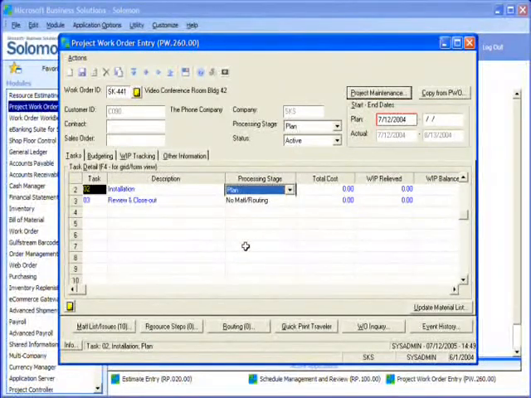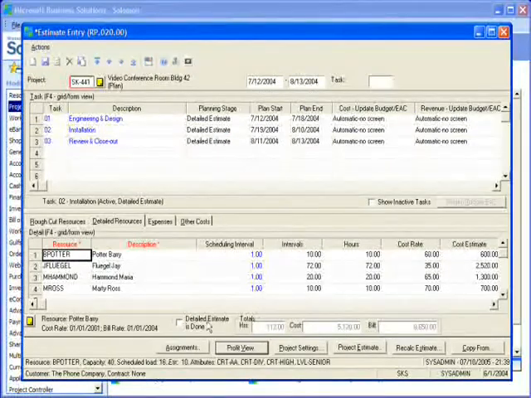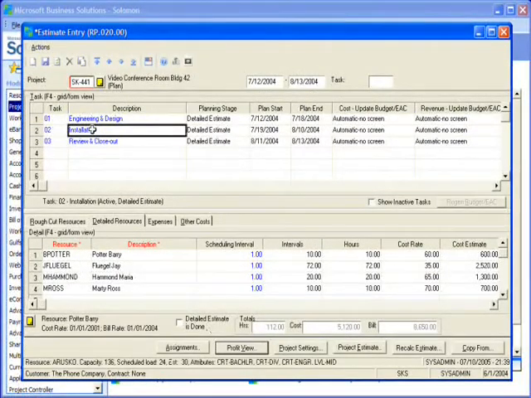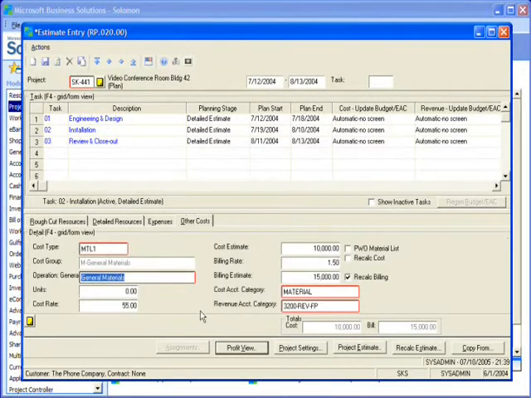Let's go back to estimate entry because I want you to see the rest of the story here. I'll close Project Work Order. We'll bring the estimate entry back up. And now on the installation task, when we went down here to other costs, I'm going to switch the materials here to form view, and we can see that you had estimated this $10,000 came in as a copy from SK440. You had apparently estimated those materials before, but